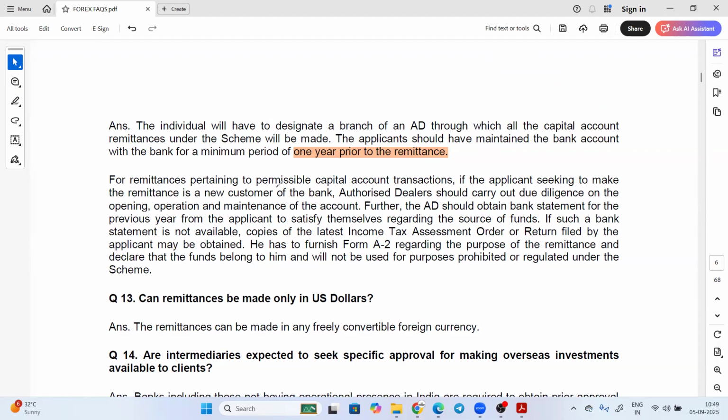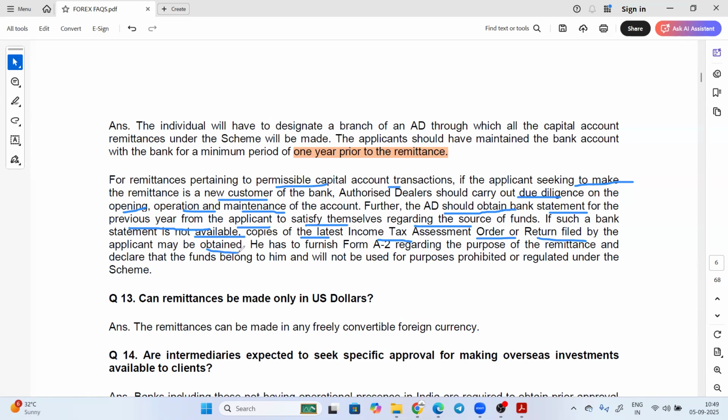So for remittance pertaining to permissible capital account transaction, if the applicant seeking to make the remittance is a new customer of the bank, the AD should carry out due diligence. Sometimes the customer can be new. That time the bank has to do the due diligence on the opening, operation and maintenance of the account. Further, the AD should obtain the bank statement for the previous year from the applicant to satisfy themselves regarding the source of funds. If such a bank statement is not available with the customer, you can ask for copies of the latest income tax assessment order or return filed by the